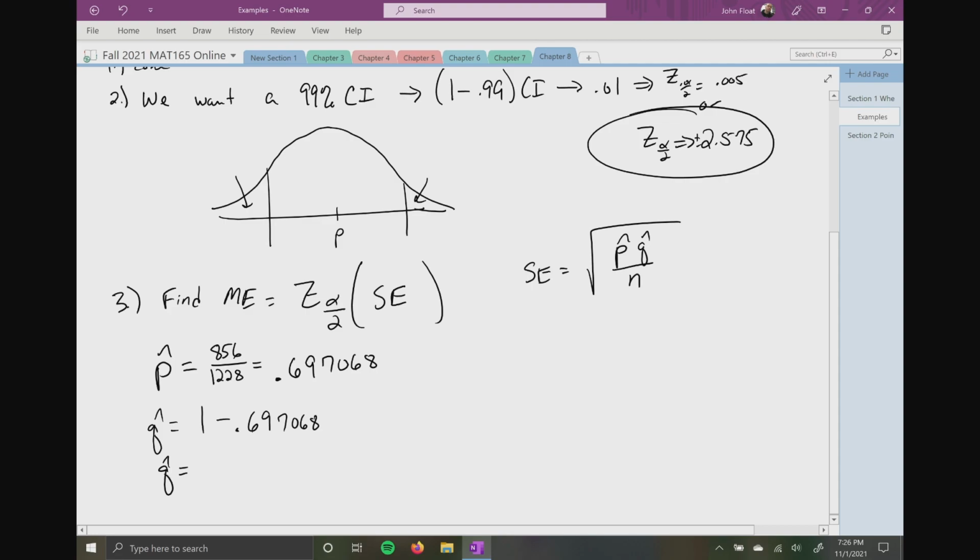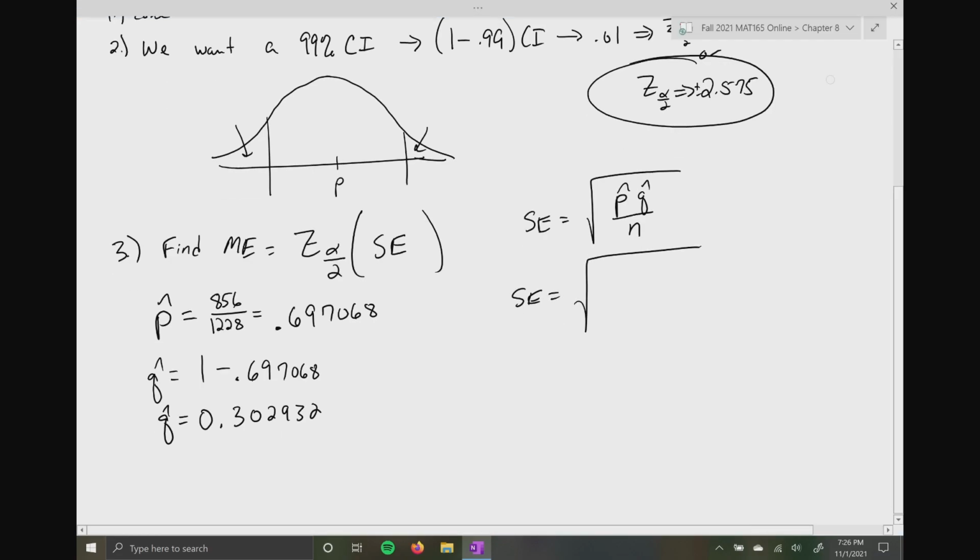So give me a second. 1 minus 0.697068 is going to equal 0.302932. So my standard error is going to equal the square root of 0.697068 multiplied by 0.302932, all divided by 1,228. So now what you need to do is take out your calculator and go ahead and